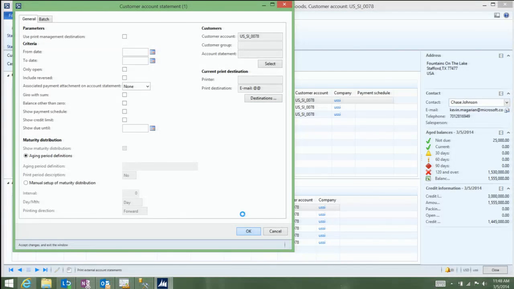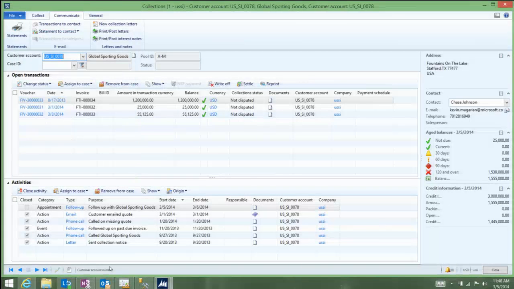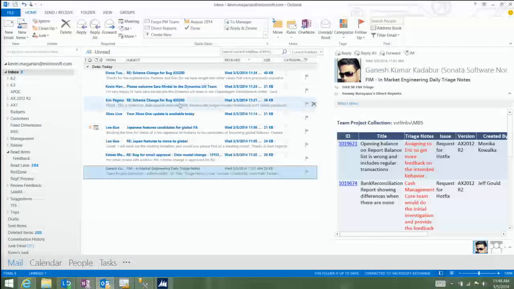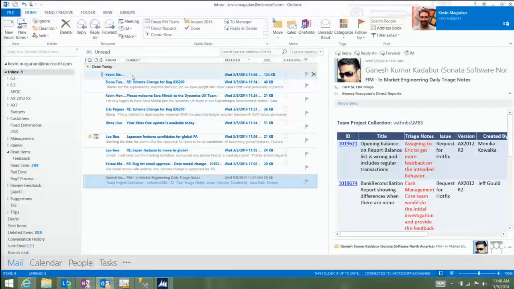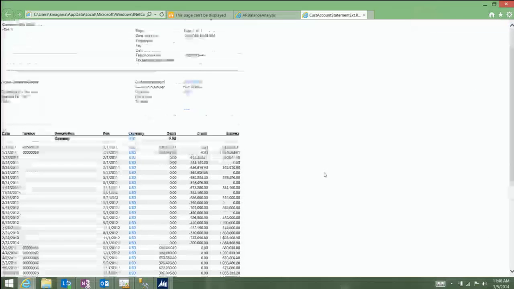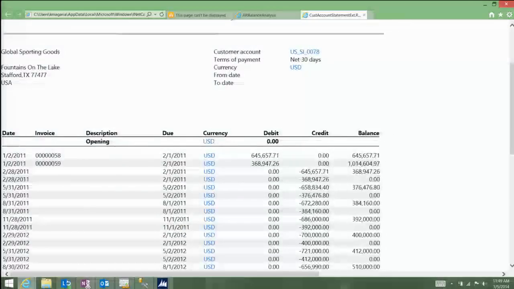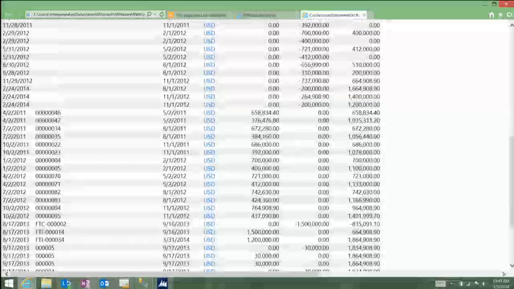This is always a little bit of a risk because this is actually going to go to my live email account. So what we'll do is I'll go ahead and pull up my Outlook in just a moment here as this sends. There we go. So we'll go to my Outlook. And there it is. Just showed up. So we will open that up. It's kind of small. Let's see if this helps. So you can see I've got the customer email statement that's been emailed to me.